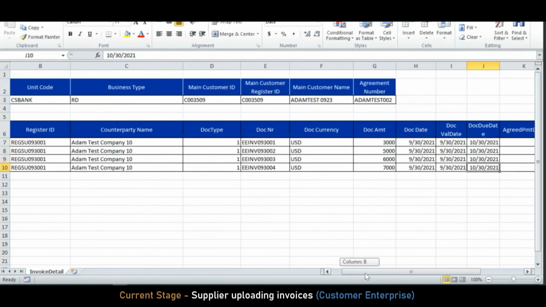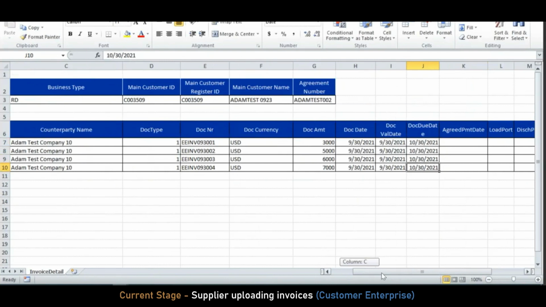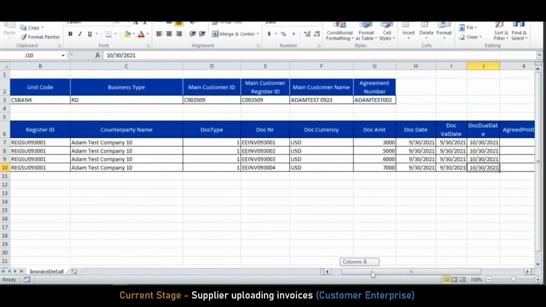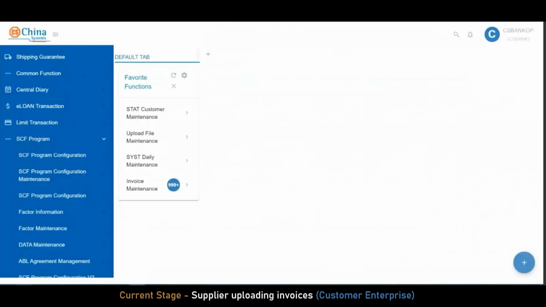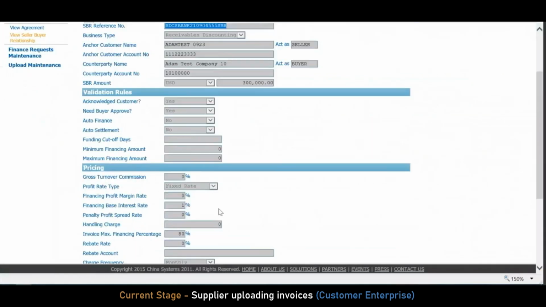At the top there are details relating to the anchor or the main customer, and at the bottom is a hybrid of invoice data and counterparty details. You can see there are 4 invoices for 3,000, 5,000, 6,000 and 7,000 respectively, and you can see the due dates, the value dates, etc. We will now switch back to Customer Enterprise